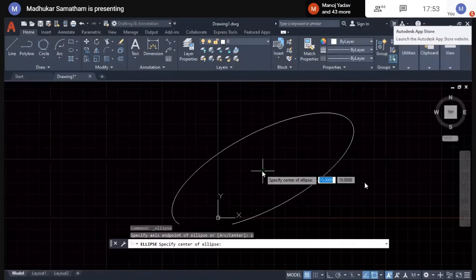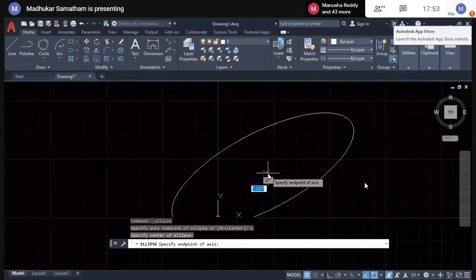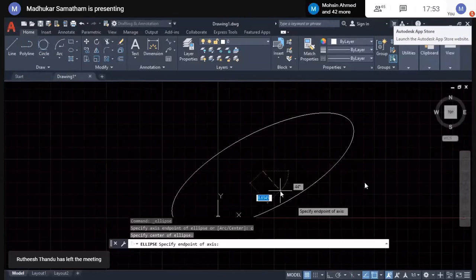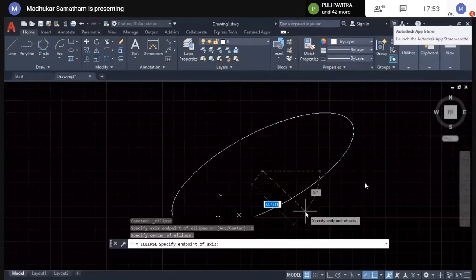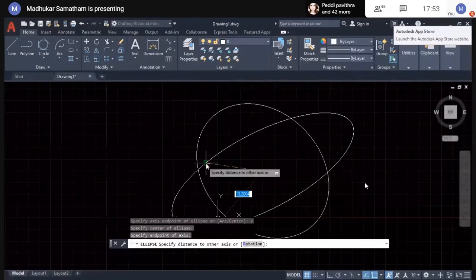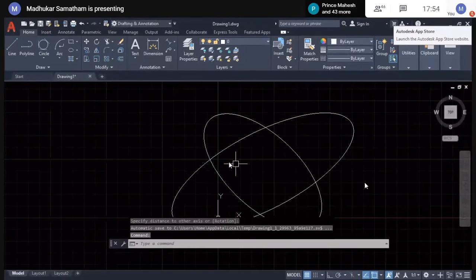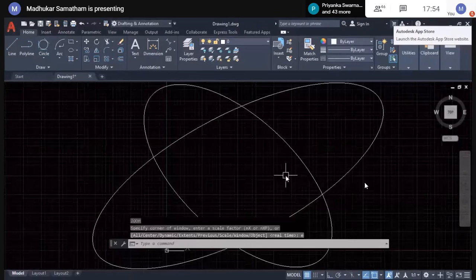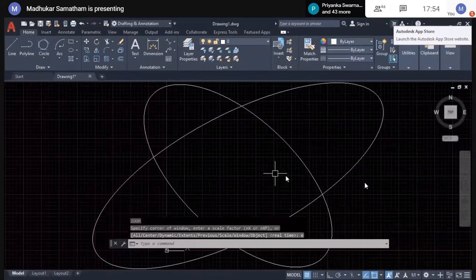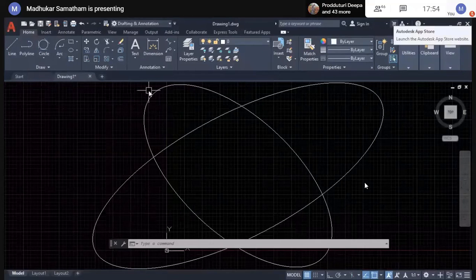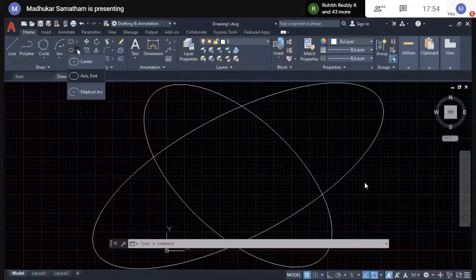Then it will display. You can move your cursor to the center point and select it. Specify the end point somewhere. Or else you can use the command prompt or coordinate systems. With the help of coordinate systems also, we can generate an ellipse. Elliptical arc.